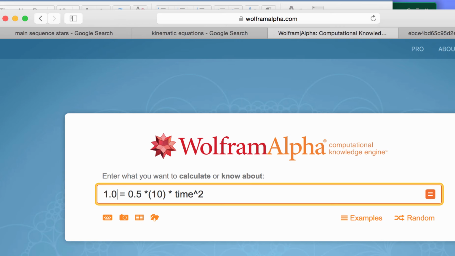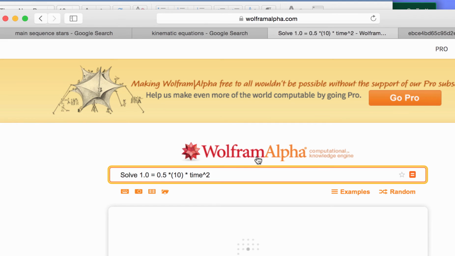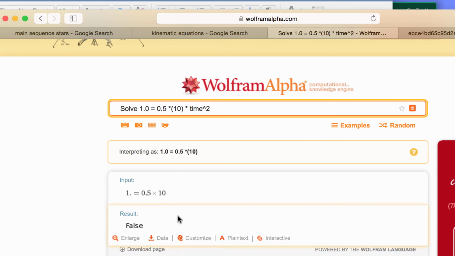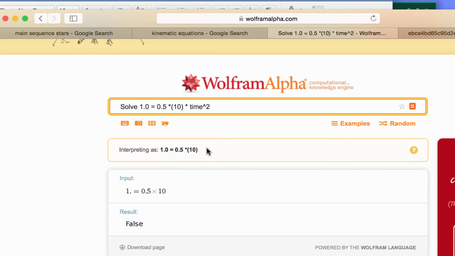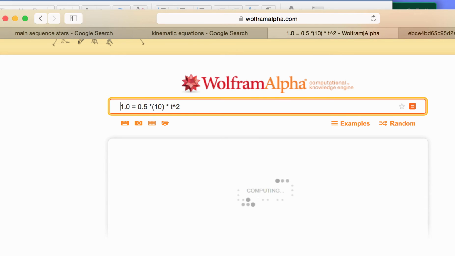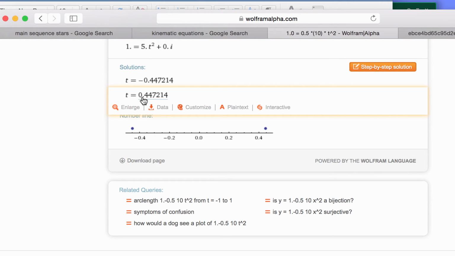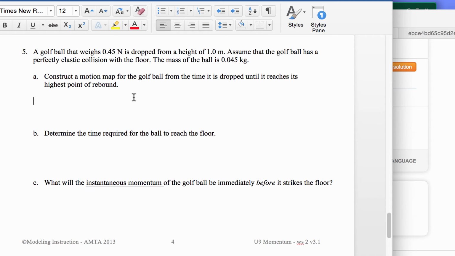And I want to solve this for time. So I can just type it in and type solve, and it'll solve it for time. Interpreting as does 1 equal that? No, I want to solve. Maybe if I make this a t, it'll understand what I'm talking about. Yeah, 0.44 seconds. Okay,